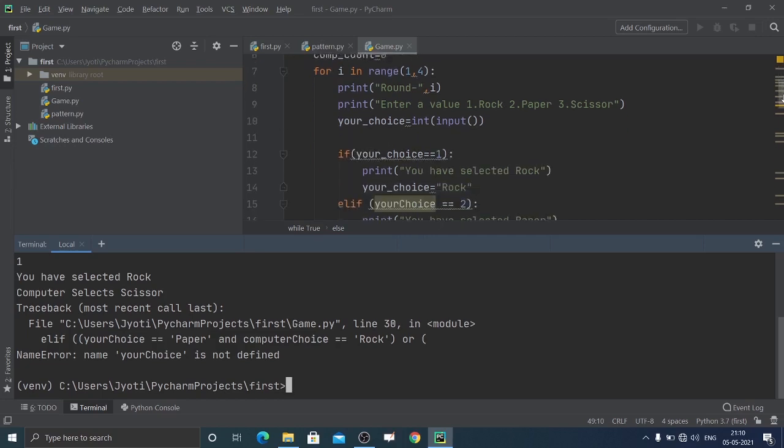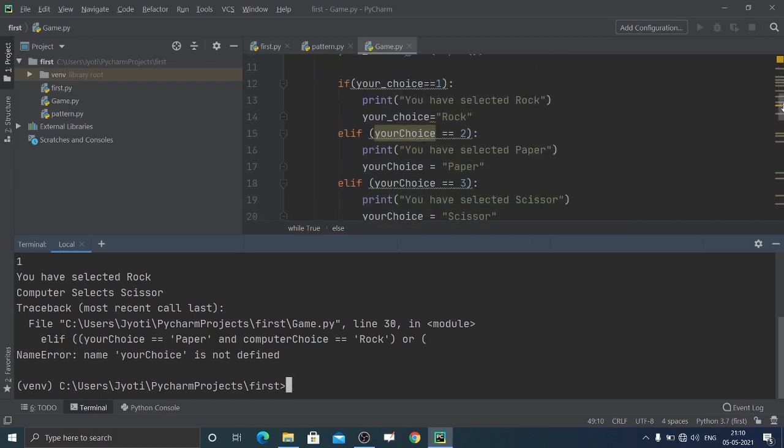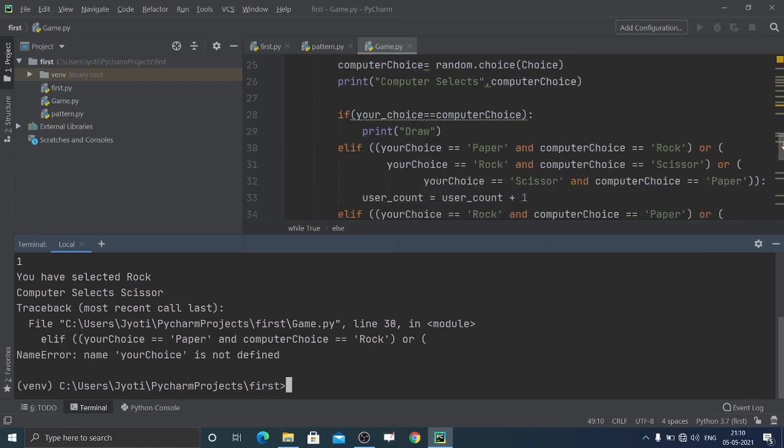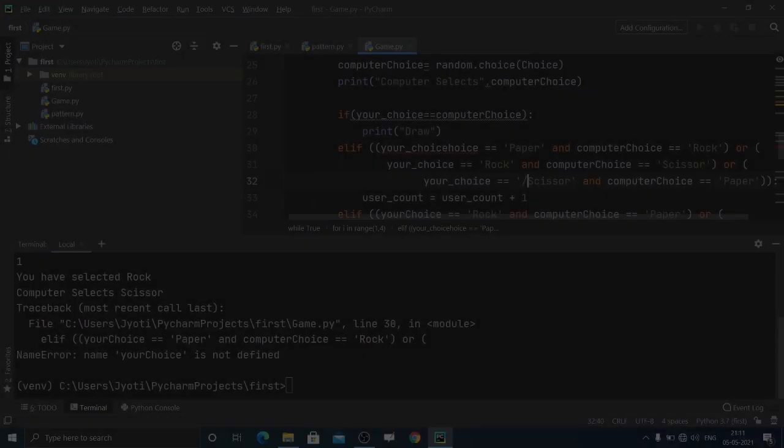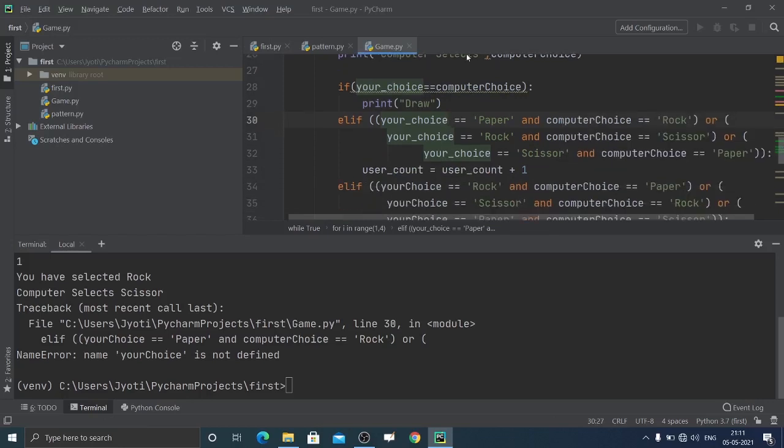Wait, that is in line 30, I guess. Yeah, we will check there. I think there is some bracket issue. So the error was in this variable name. Earlier we had a capital C here.